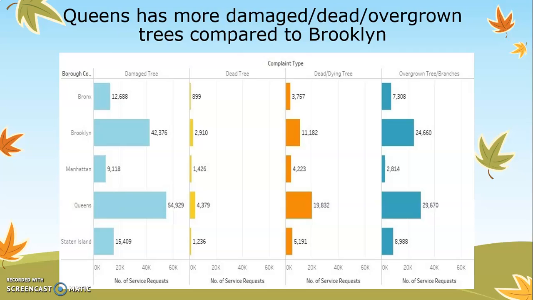The data for 5 years displays a lot of service requests that were raised to maintain or address the issue of dead, damaged, and overgrown trees. These results help us to root out the areas that are most vulnerable, and proper planning can help us to lower the service requests that are being raised. The costs associated with each service request matter a lot. Let's move on to the next slide.